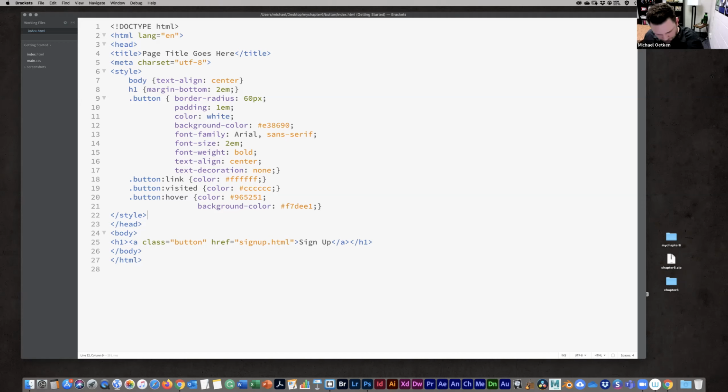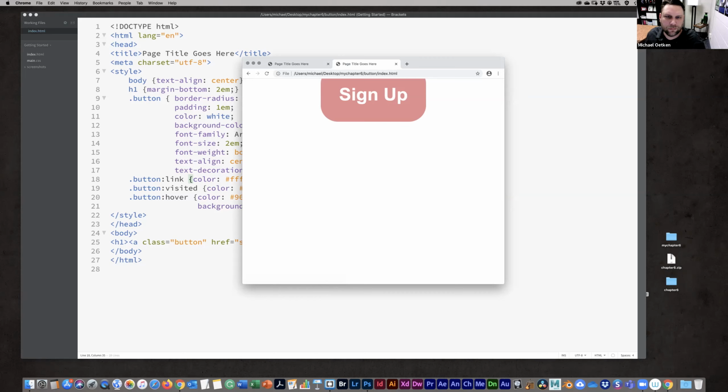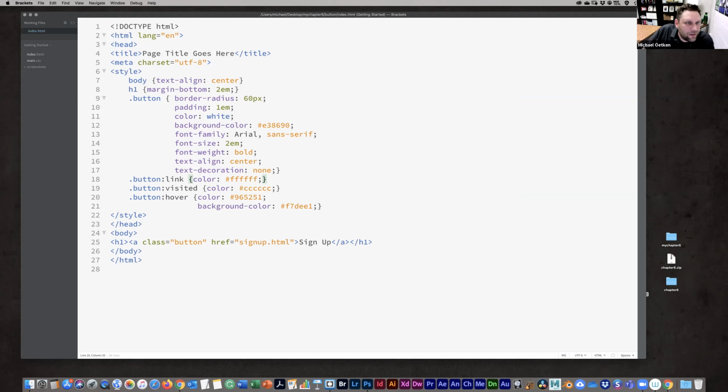Bottom 2M. Oh, it's weird. It's like cutting off the top there. Trying to see what I did wrong. Bottom 2M. That's good.